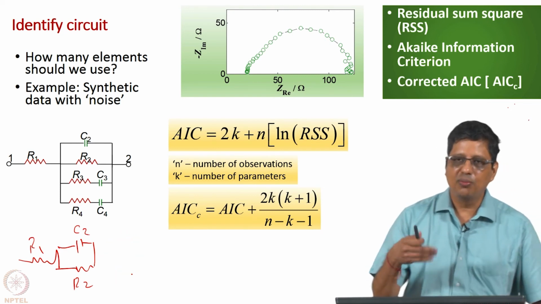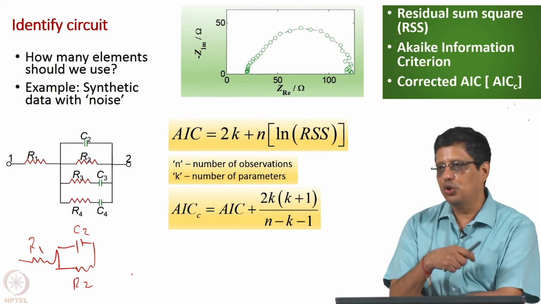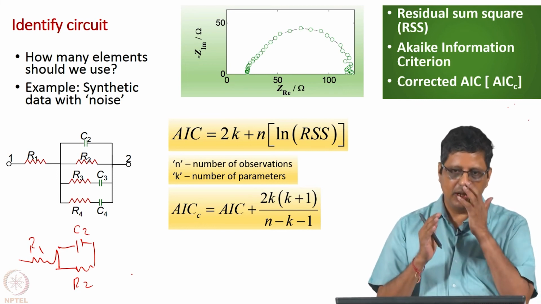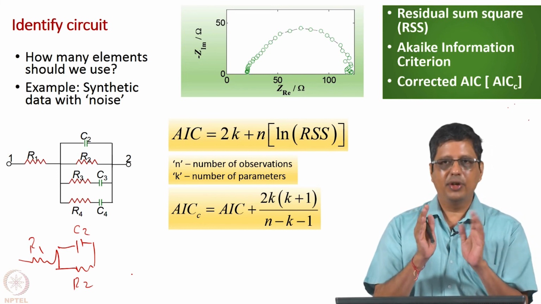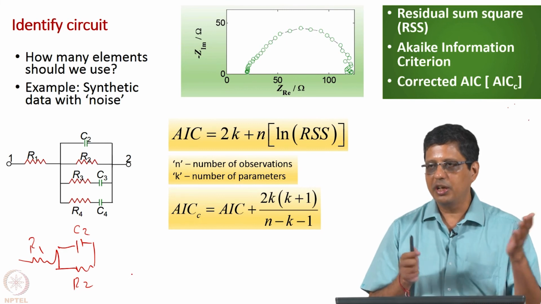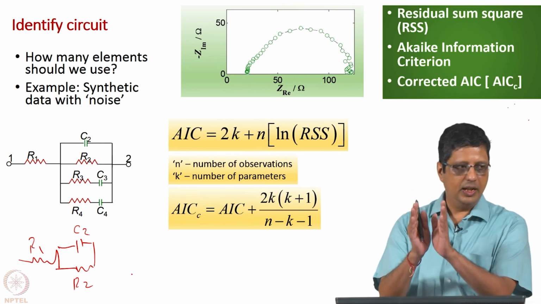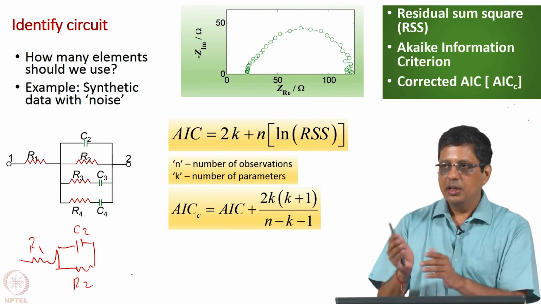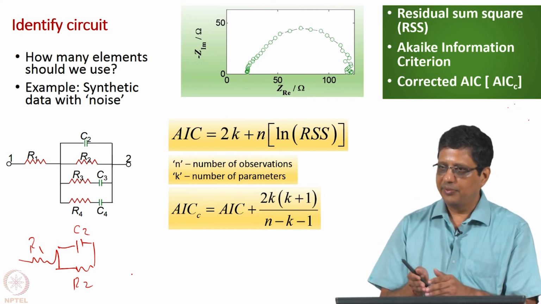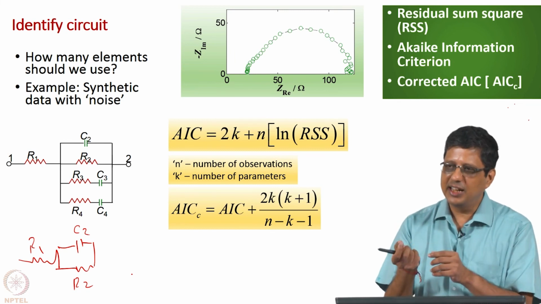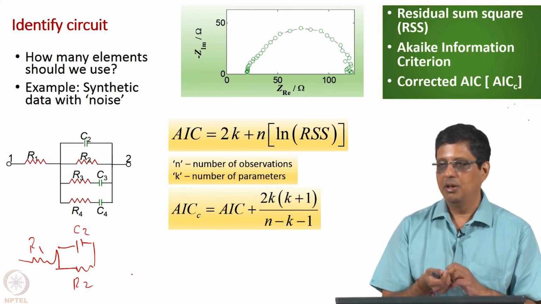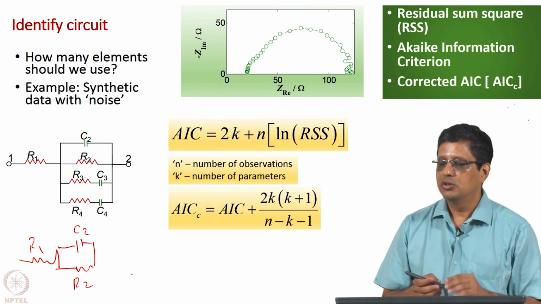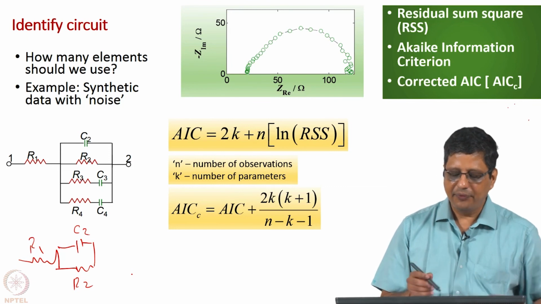Now, whenever I add more pairs, usually my residuals will go down. I will fit it better. But think about it, imagine a polynomial equation. I fit it to a linear, I get a residual. I add one more, it becomes a quadratic equation, the residual decreases a lot. I add one more, the residual decreases a little, probably not worth it. I can't say it keeps decreasing, therefore I will keep adding more. So, there is a proper way to do this.